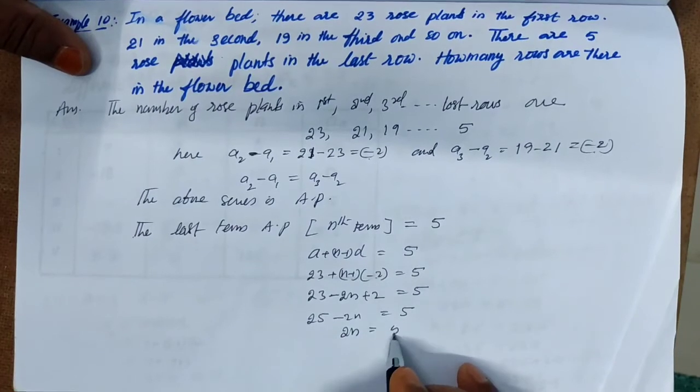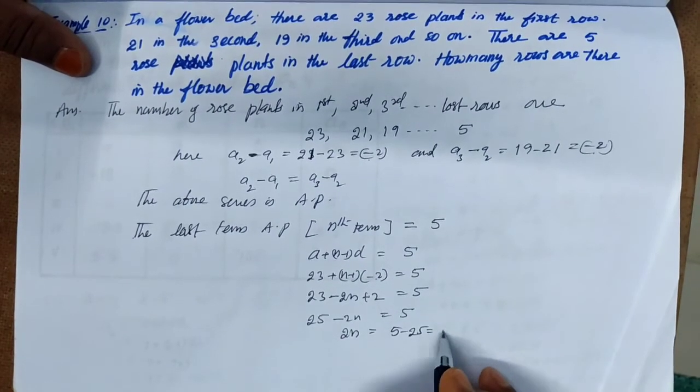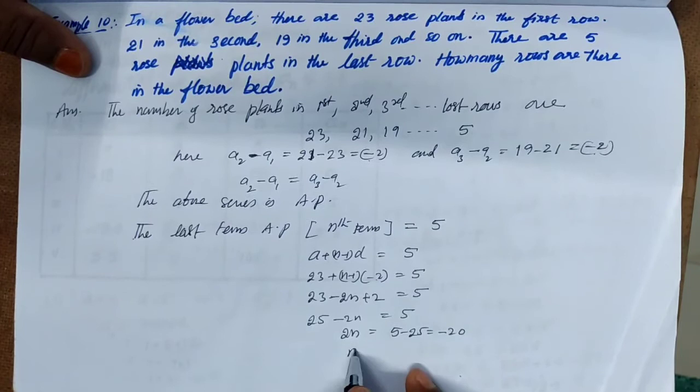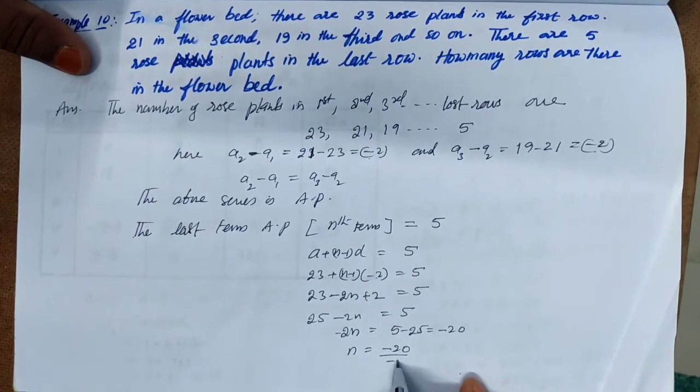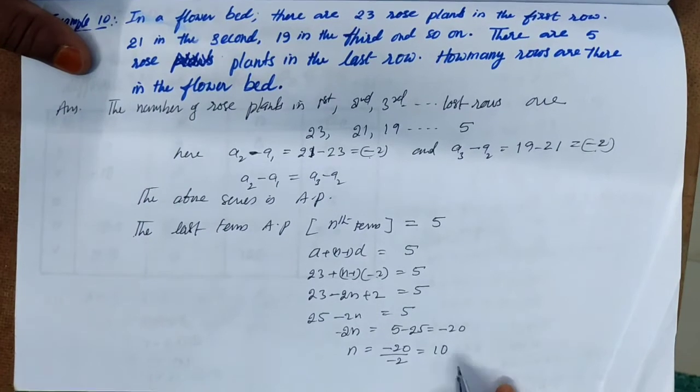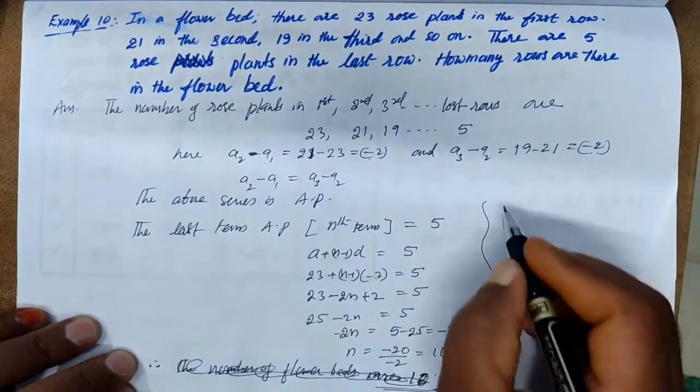2n is equal to 5 minus 25, which is equal to minus 20. Therefore n is equal to minus 20 by minus 2, which is equal to 10. So therefore,